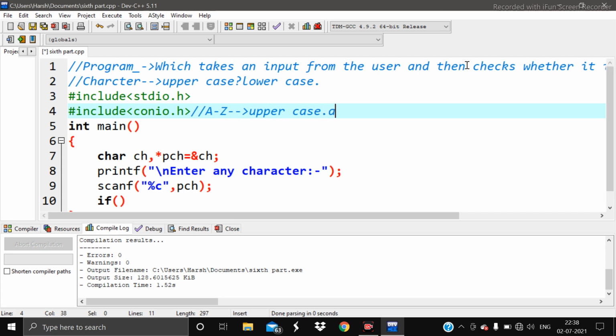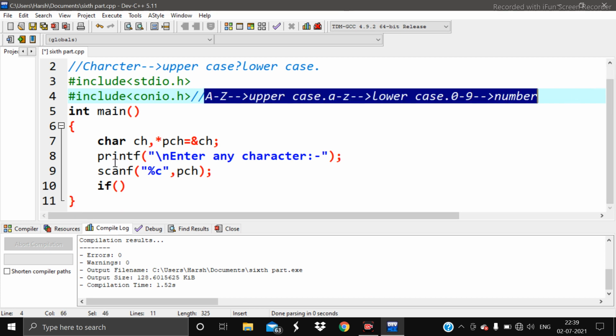If it is from small a to small z, then it will be lowercase. If it is from 0 to 9, then it will be a number. So based on this logic, we will write the code here.